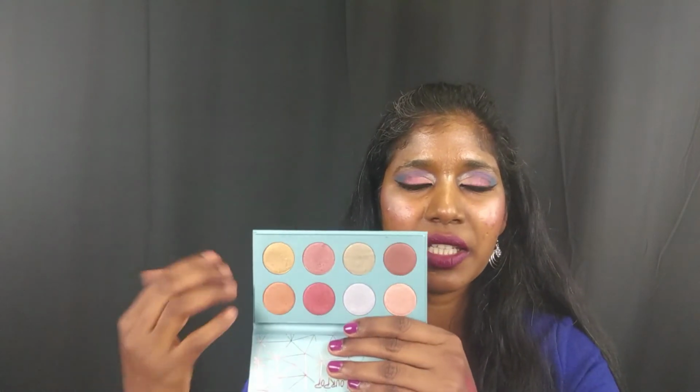They have two pressed powder eyeshadow palettes. One is a bigger one. I think there are 15 or 12 eyeshadows, I'm not sure, and I'm not sure what it's called. That is an all shimmer eyeshadow palette. This is an all shimmer eyeshadow palette as well, but I like this because there was a significant difference